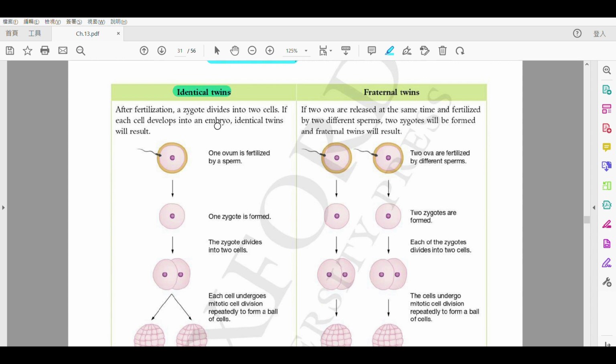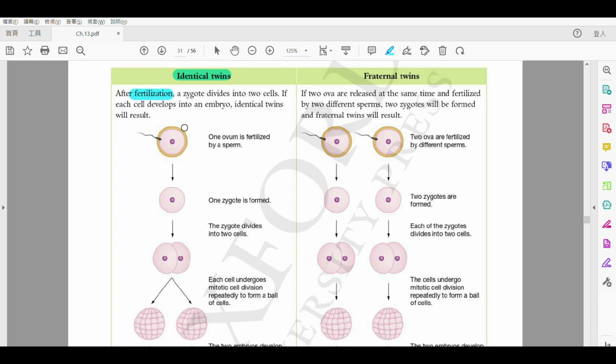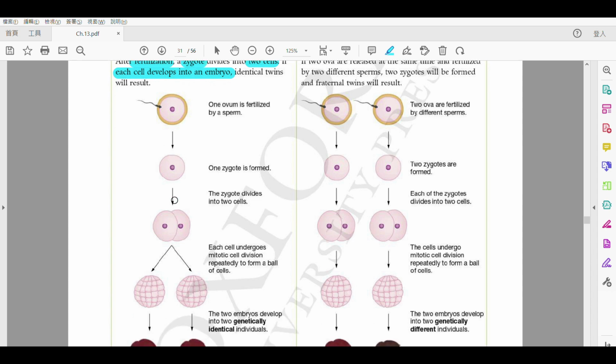講一講呢個 identical twins Okay, so look at the left. 好簡單啫。So after fertilization, formation of zygotes 佢會 develop into two cells. 而且啦 what happened is that each of these two cells 係 develop into an embryo 嘅，OK，即係 zygote 會 form 咗 two cells，然後 these two cells separate，and then each of the cell 會繼續 carry out mitosis to develop a ball of cells 咁樣啦，得唔得？